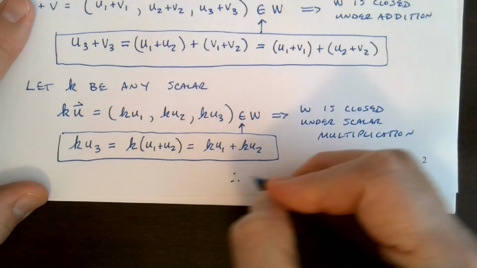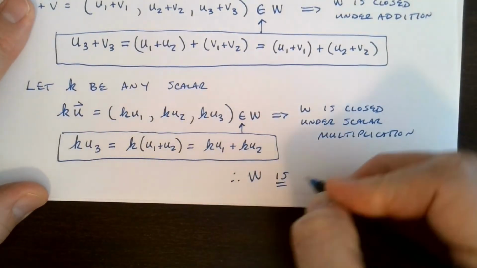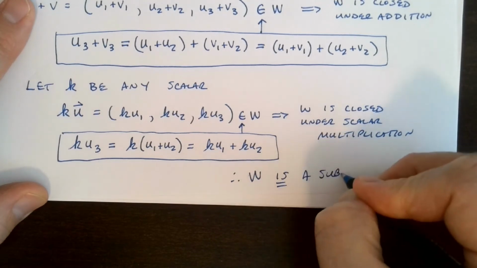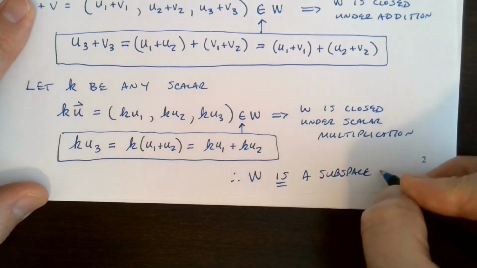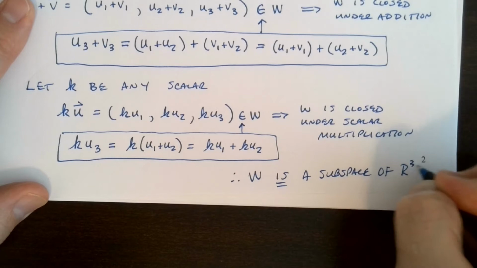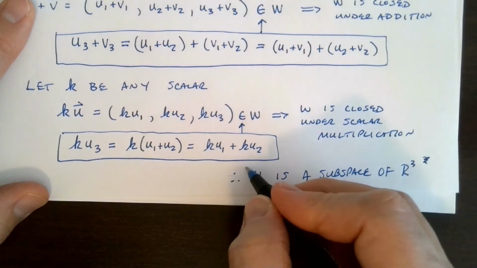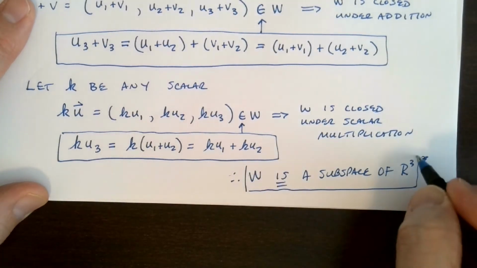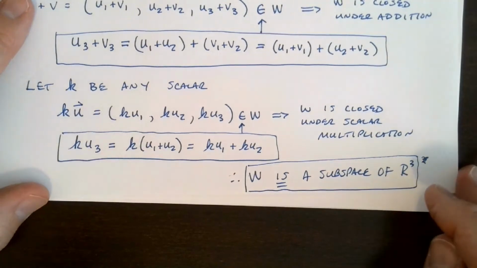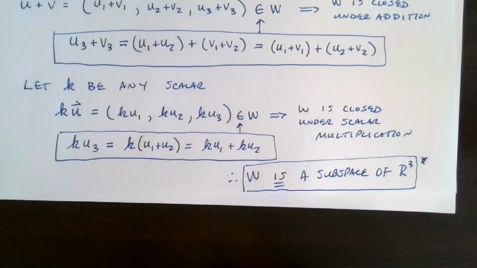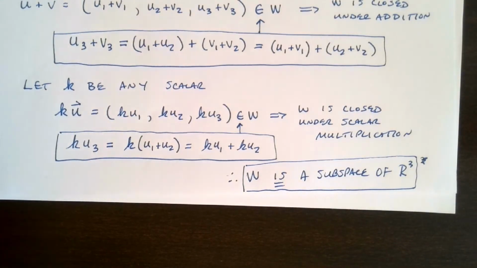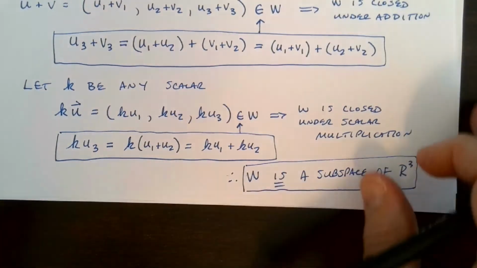So therefore W is a subspace of 3 space. So make sure you answer the question after you do all the work. Okay, let's look at a couple more examples, and we're going to look at some of the other